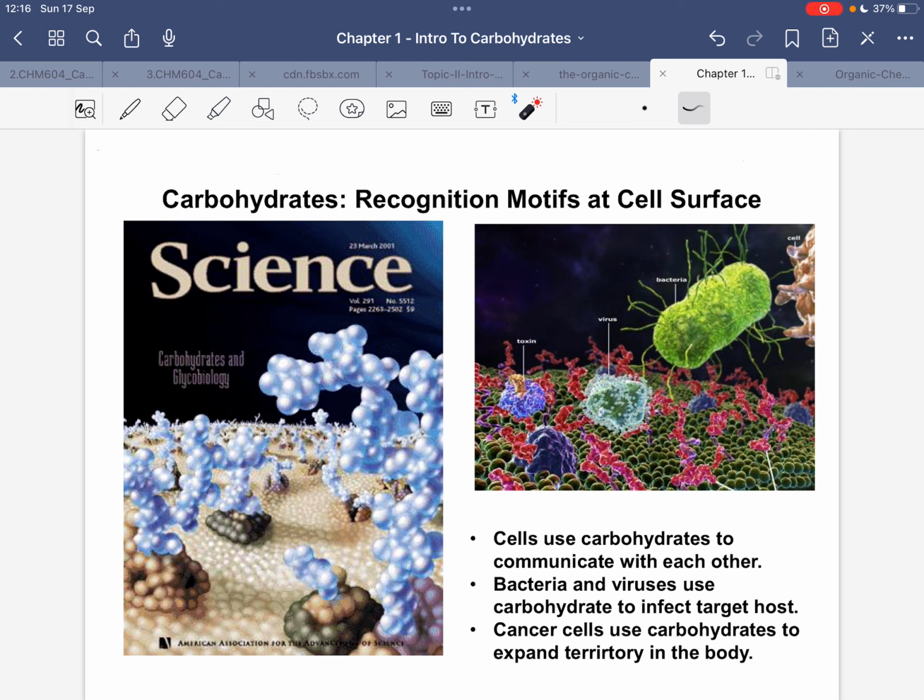And ang analogy is, for example, ang toxin, viruses, bacteria is like estudyante nga high school, before siya makasulod sa eskwelahan, kailangan siya moagi sa gate and kailangan siya i-check sa guard. And ang guard mao ni ang mga carbohydrates. So, importante kaayo ang carbohydrates for recognition sa mga pathogens. Kaya kung wala sila, basta-basta na lang makasulod ning mga viruses, toxins, and bacteria.